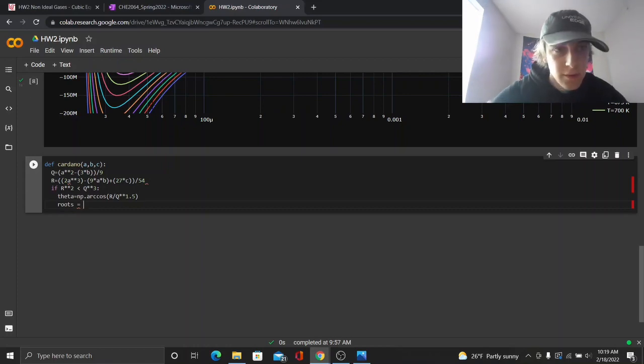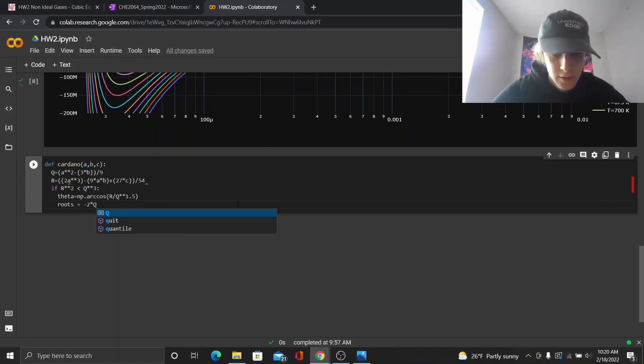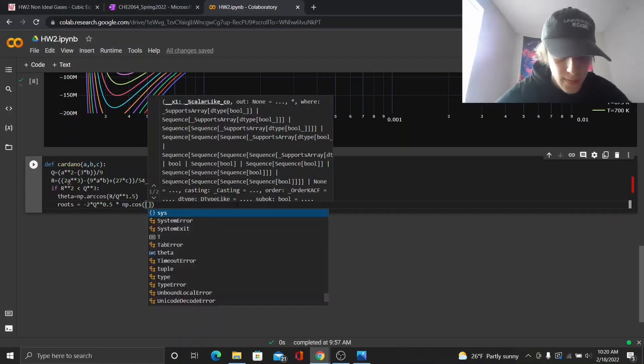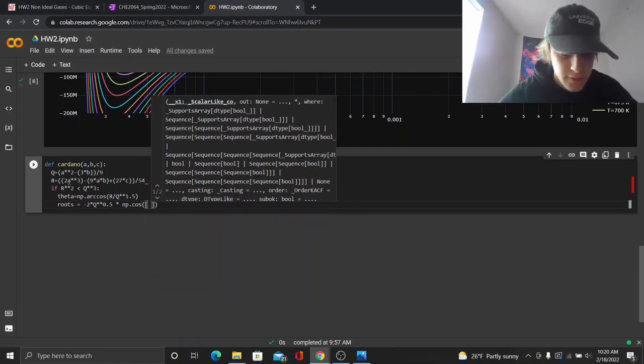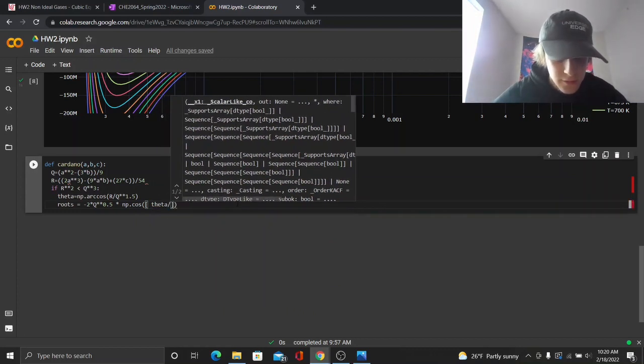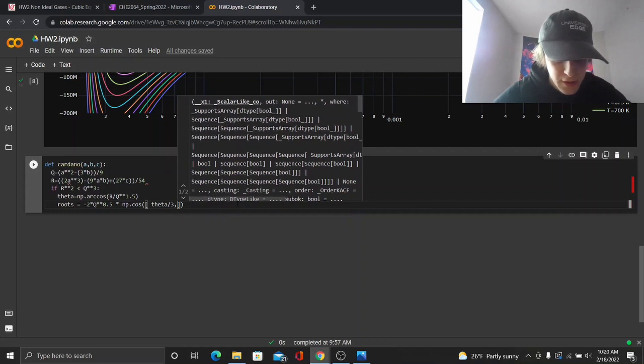So equal -2 times Q to the 1/2 times cosine of theta over 3,